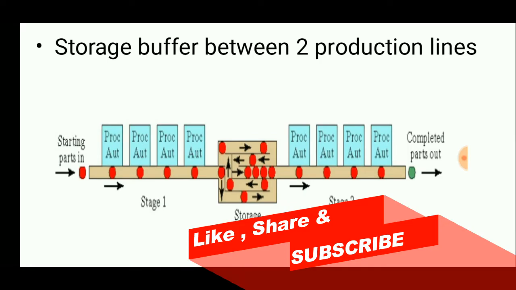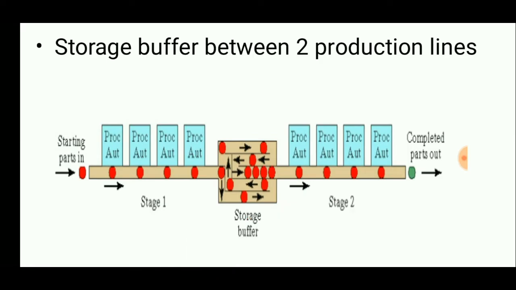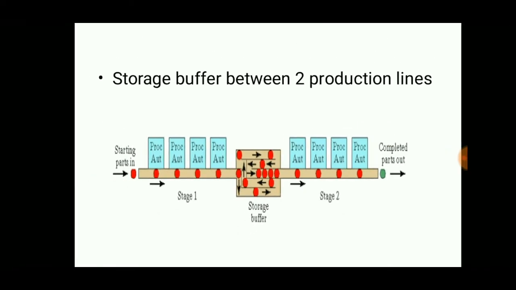The starting parts enter the production line and undergo a series of production or machining processes. Between the stages, a place called a storage buffer is used to store the excess parts that are produced in stage 1, and then they are stored. Finally it goes to stage 2 for another processing station, and finally the parts are taken from the